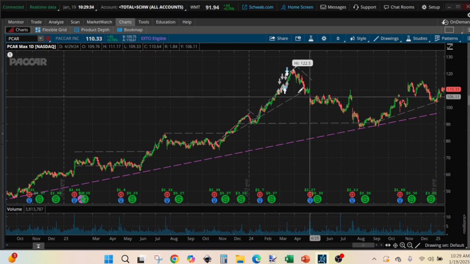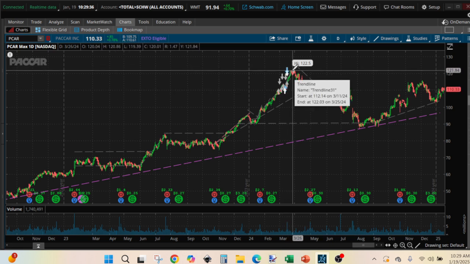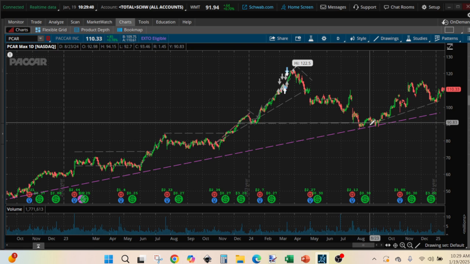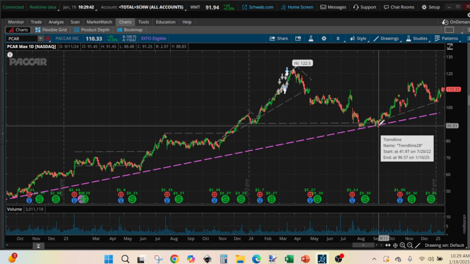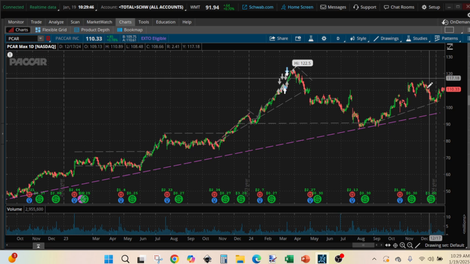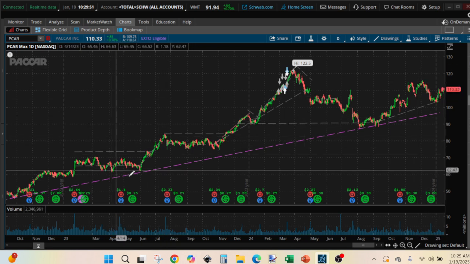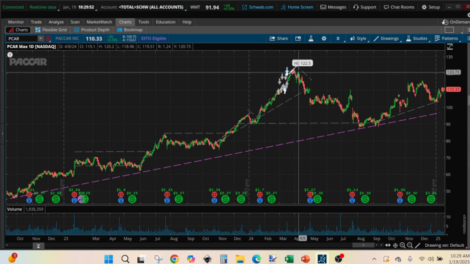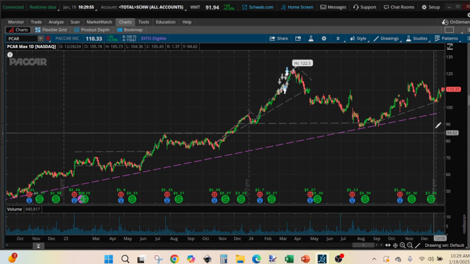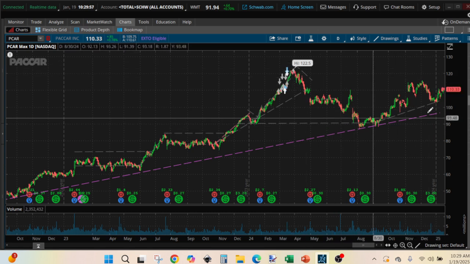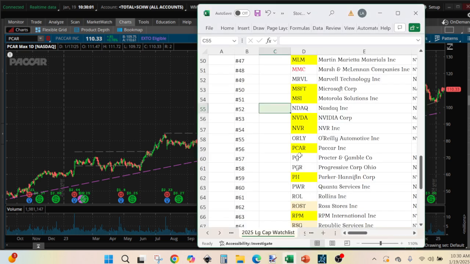But it seems like, okay, so March, it took a while to touch base in September, and then it started moving up there. But we'd just like to sell that before we buy again. In the meantime, we'll keep observing to see how it's moving. And the next one is